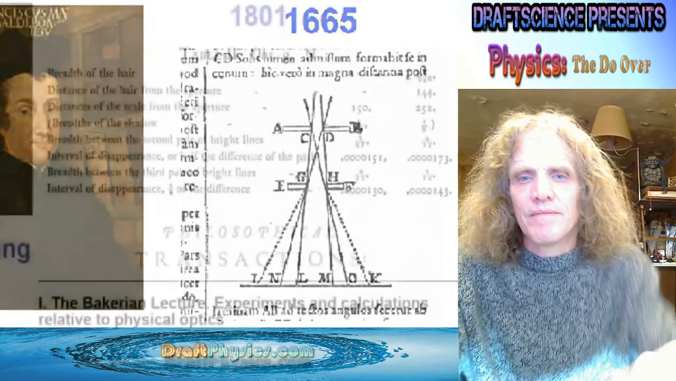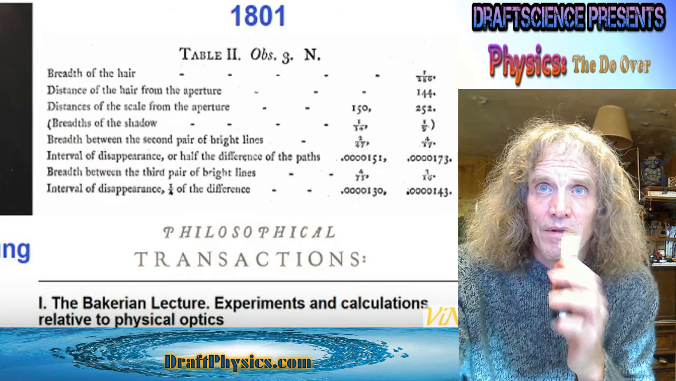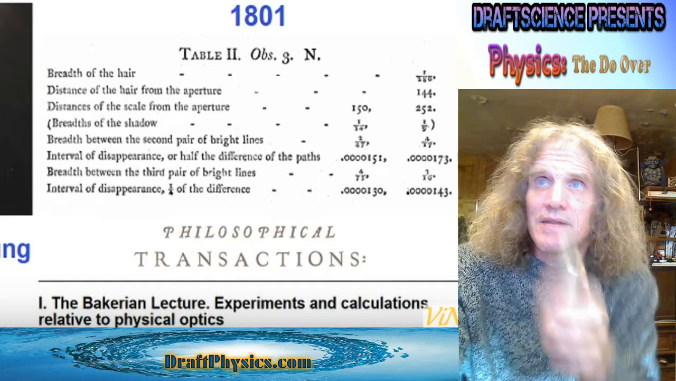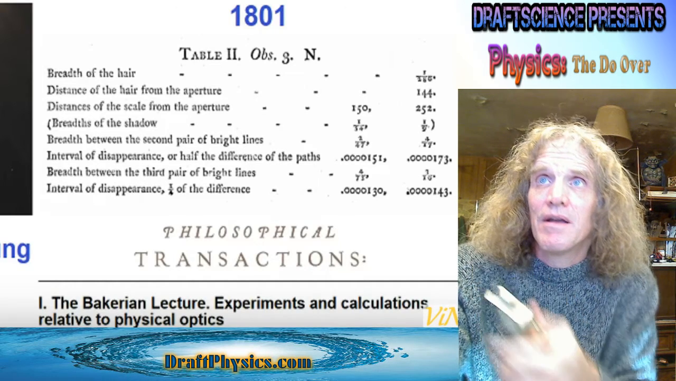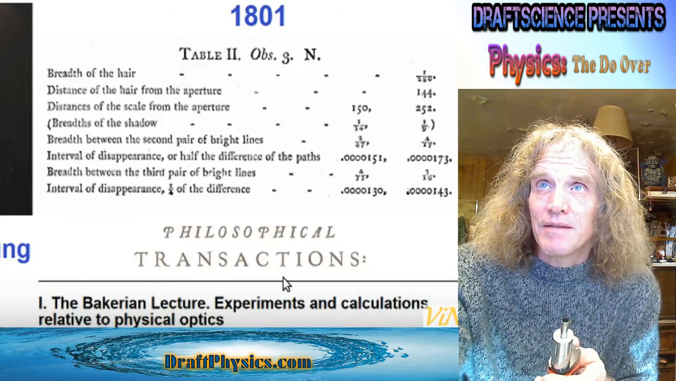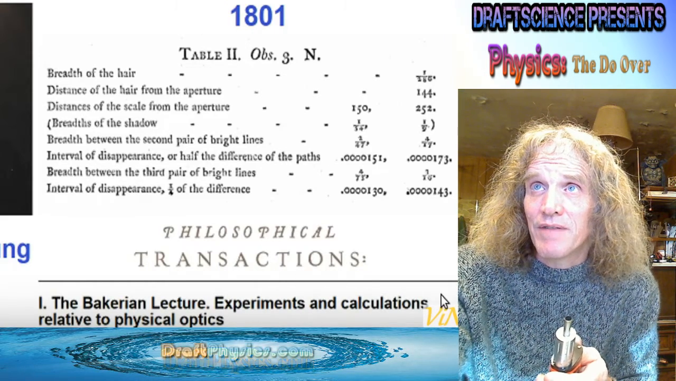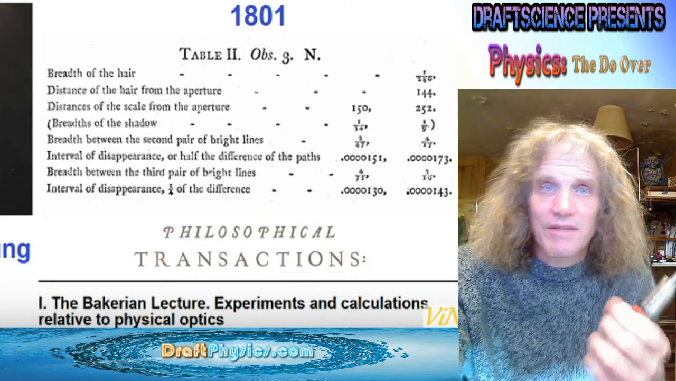We come to 1801, Thomas Young. And specifically, he ran an experiment in which he reproduced Grimaldi's results, but more importantly, he reproduced... So again, it's not that he's reproducing Grimaldi's results because he's doing it quite different. But yes, I mean, it says right here, the breadth of a hair, distance of the hair from the aperture. So he's doing this single hair experiment also,